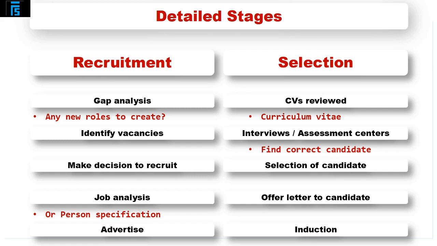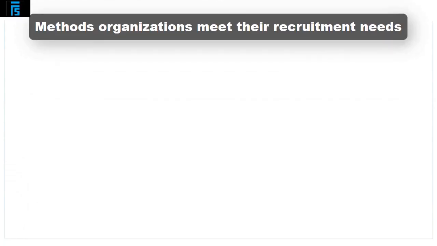So we might have 6 or 7 people that we interview for a particular job. We then have to select the one that we are particularly interested in, and we have to let them know. Now that we've looked at the various stages that you go through when you're doing recruitment or selection, we're going to look at how you're going to let people know about these jobs in a bit more detail.